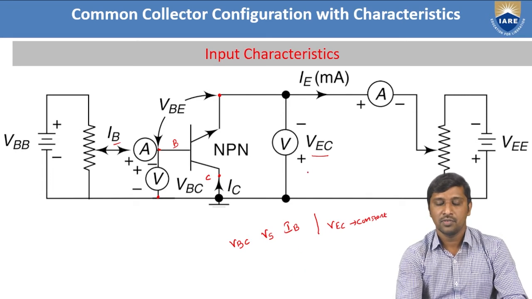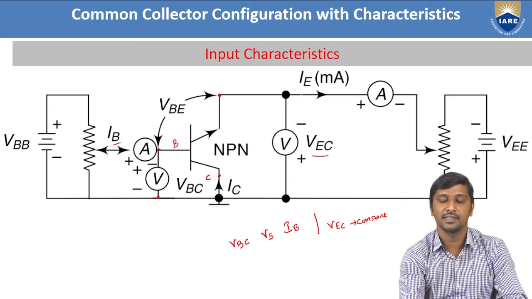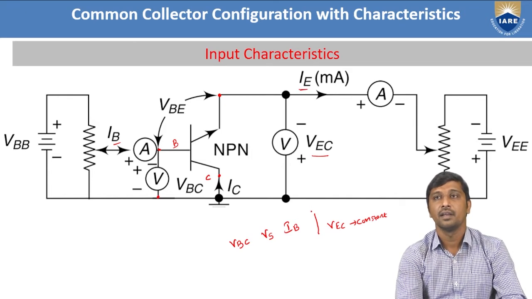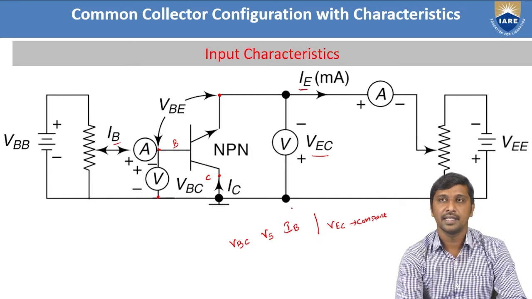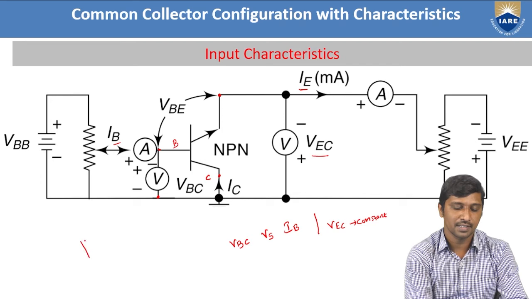And now we can observe, and this ammeter can be used to observe the output current. That output current is here across the emitter, hence I represented it as the emitter. So in this case, if you observe this configuration here, and the VEC means,